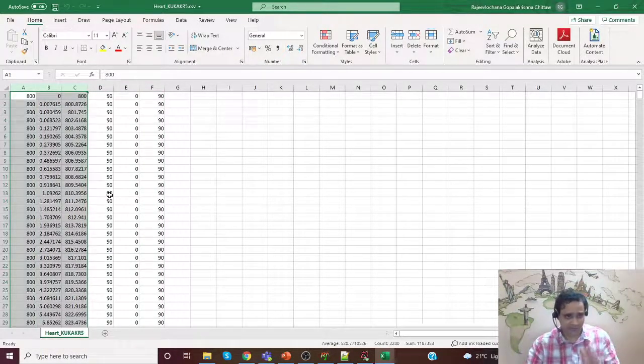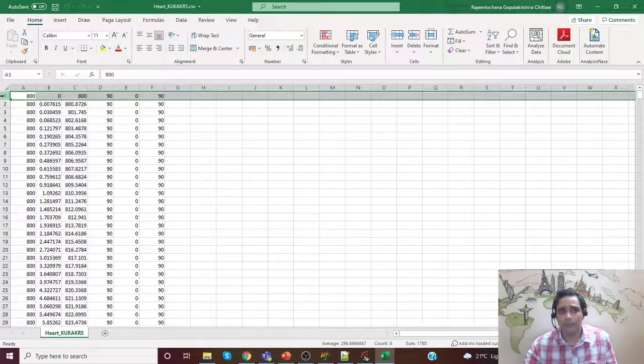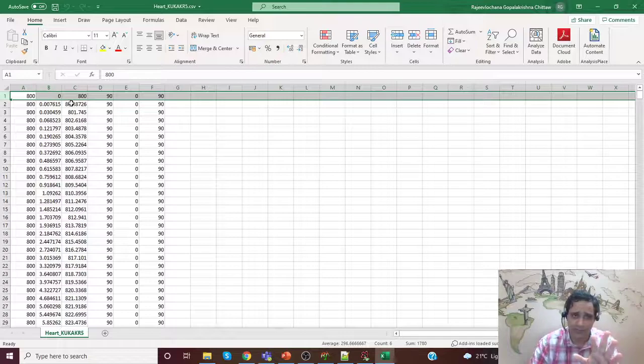I think for beginners this is good. We can just play around with the XYZ coordinates. And technically the first row will be the home position, that means from where you are starting the motion. Depending on the robot, you may decide what should be the coordinate here. Even otherwise, the robot will try to map, and it will do a relative motion, right? So you don't really have to worry too much about the coordinates you get here, but the relative motion should be there for all of these points.